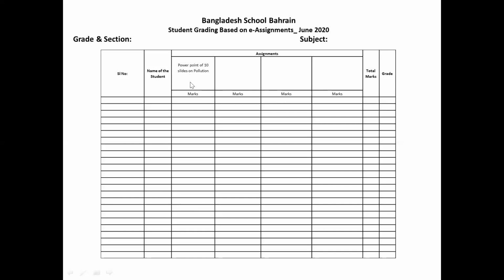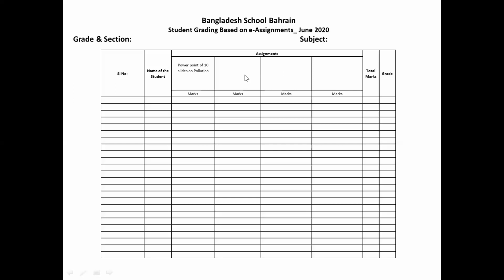For example, you have taken 2 chapters and all the questions and answers related to that are given. If it is a chapter on pollution and earthquake, then you can mention here all questions on pollution and earthquake considered as one single assignment, and the marks should be given for each assignment out of 25 because the total marks should be 100.